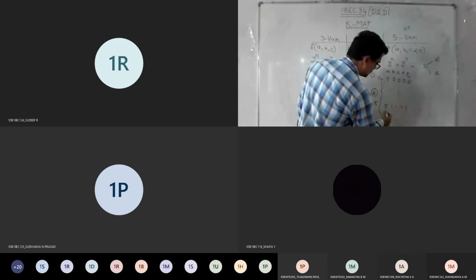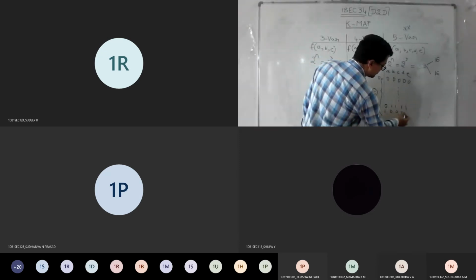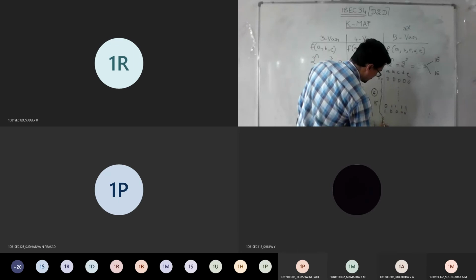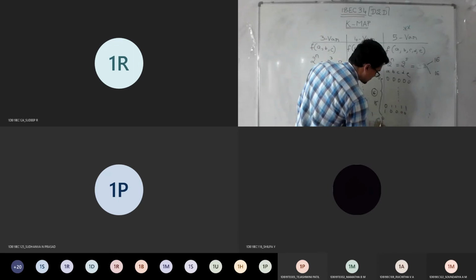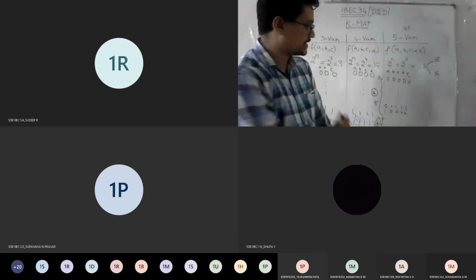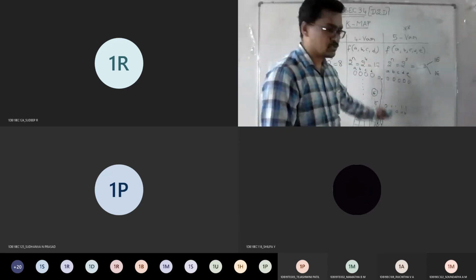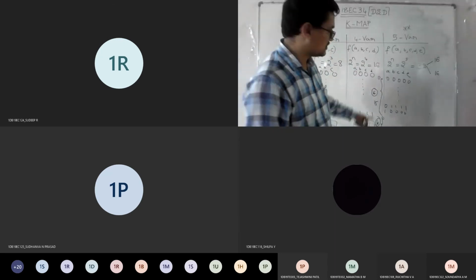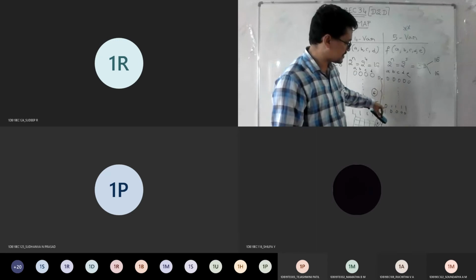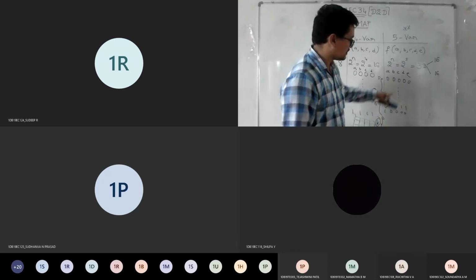Then from this junction till the last 1 1 1 1 1, you will have the next 16 combinations. The 32-row table looks like this: it starts with 0, so 16 zeros followed by 16 ones.